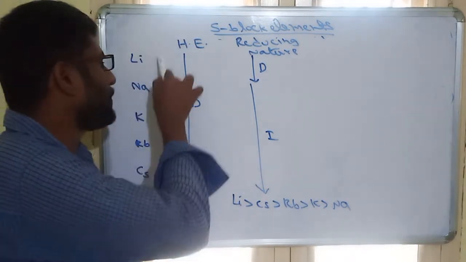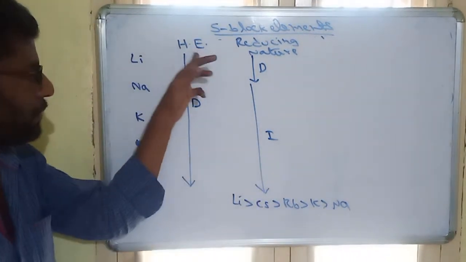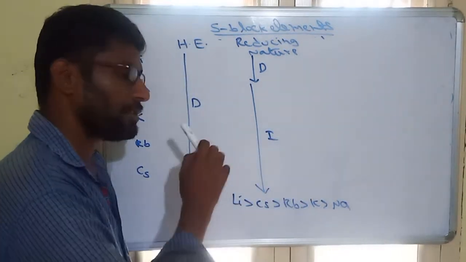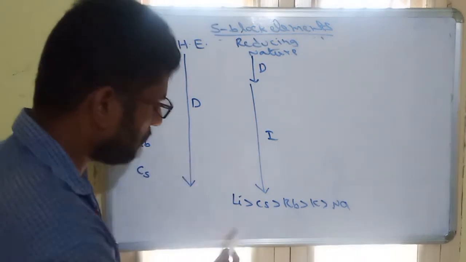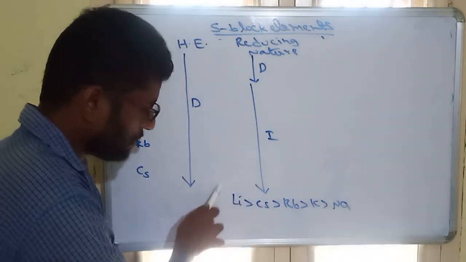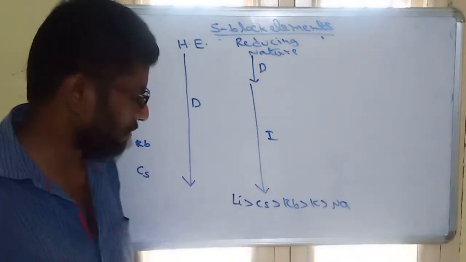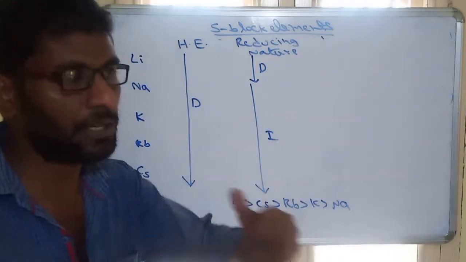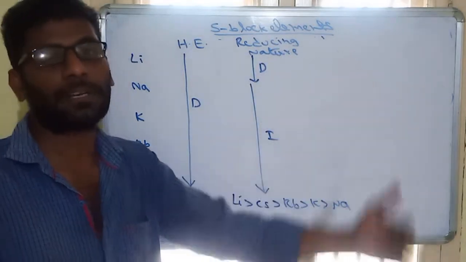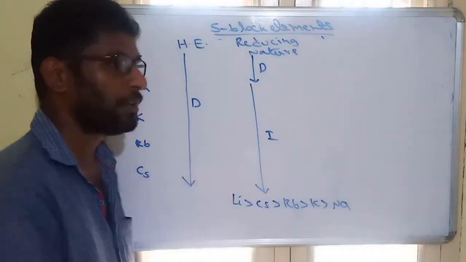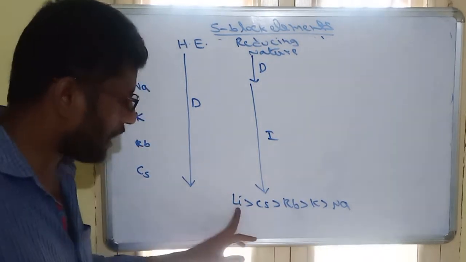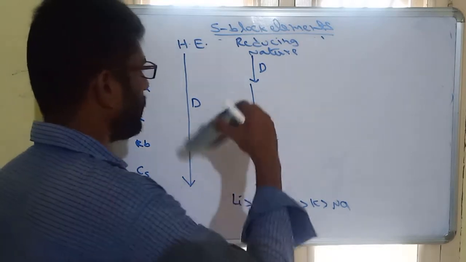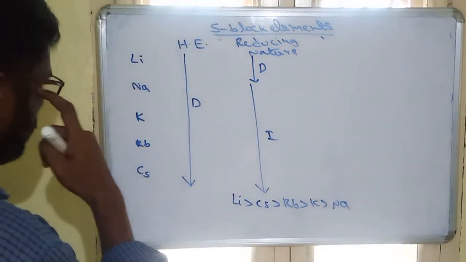But lithium, because of its very small size, exhibits very high hydration enthalpy. Due to that high hydration enthalpy, it is a strong reducing agent. So among all elements, lithium is the strongest reducing agent. Because of its reducing character, lithium is used in batteries: it loses electrons and so produces electricity very easily. Reason we are asked: due to its high hydration enthalpy. So these are some important factors. All are physical properties.